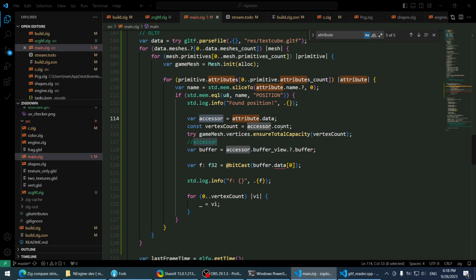Buffer accessor. Buffer. Oh, now it gives me types. Okay, so I guess I messed it up with this .data. Accessor buffer is an optional. Buffer view. No, buffer